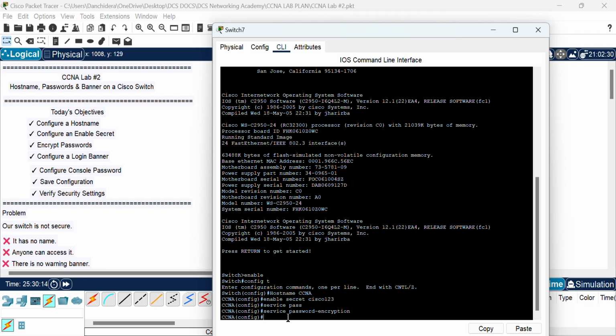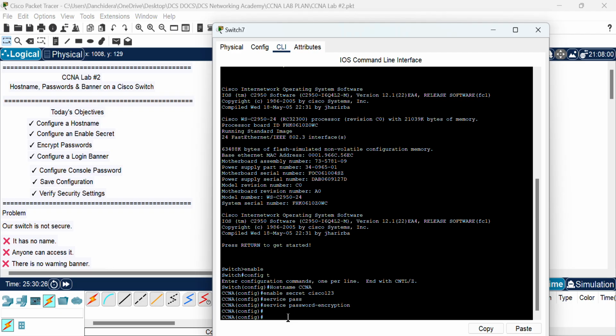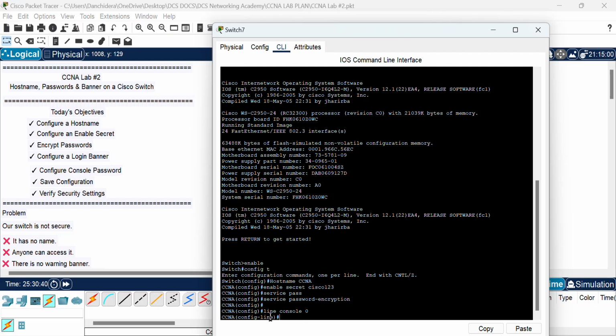So we move quickly to configure our console. Remember, our console is the port where you plug in and make changes to your switches. To do that, we want to make sure that the console has a password. The first thing you do is enter into the console with line console 0. That's the command. We want to get into our console and give it a password. So we are now in our console. If you watch, it is now CCNA config-line. Since we are now in our console, the next thing we'll do is give it a password using the password command. We are going to give it Cisco